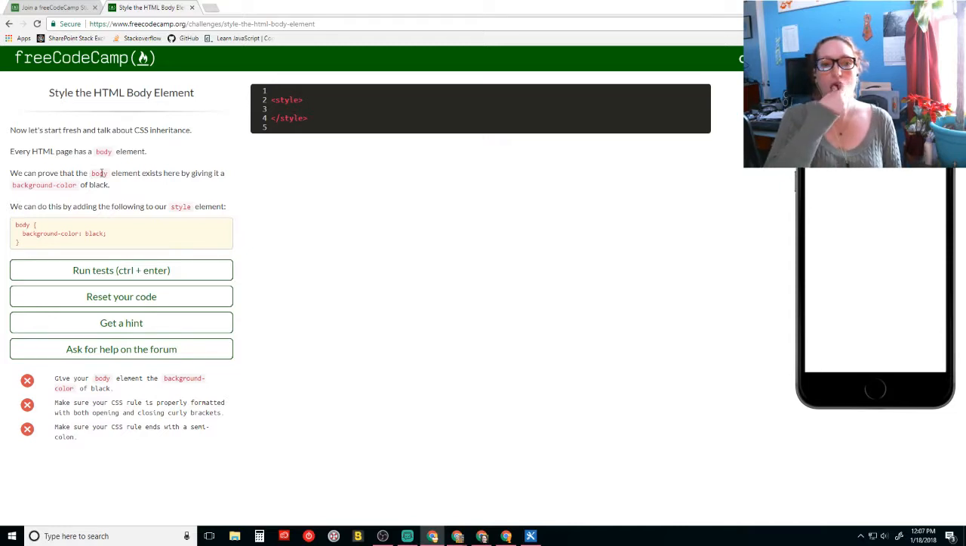Alright. Start fresh. Talk about CSS inheritance. Okay. So it's saying the body element is